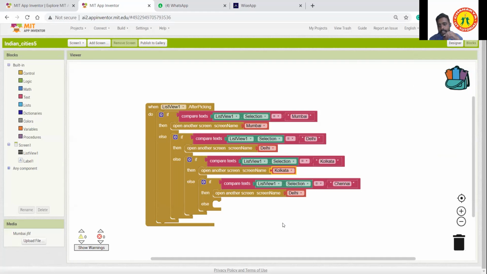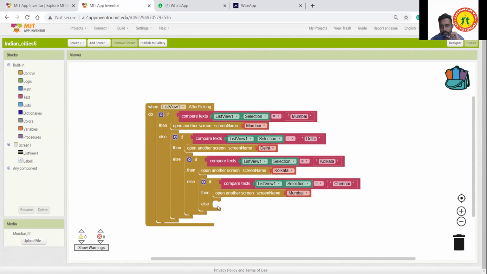Do the same for the remaining cities also. Once you create the screen, it will show you the screen name, you just select it. Sir, what to do with the else part of the last block? No need to place anything, just leave it.